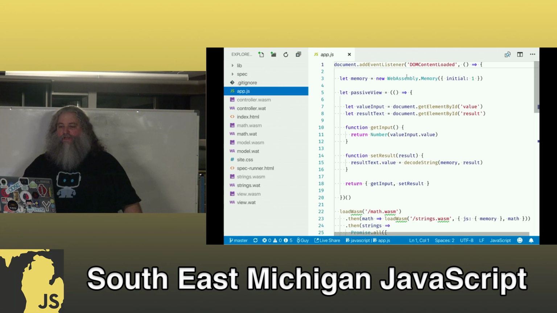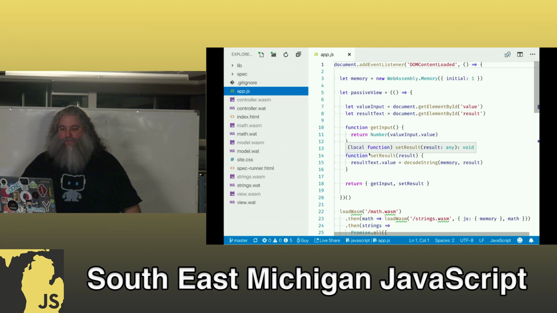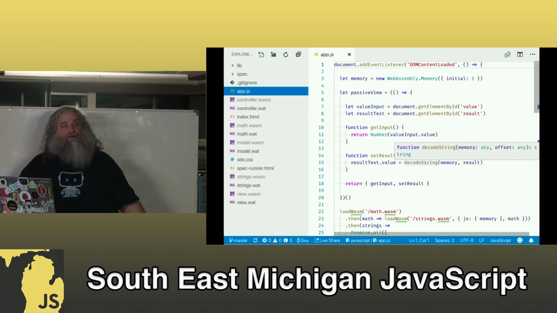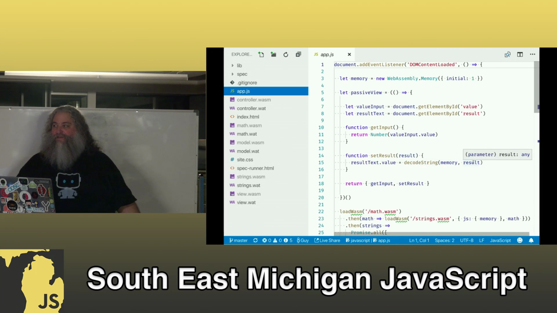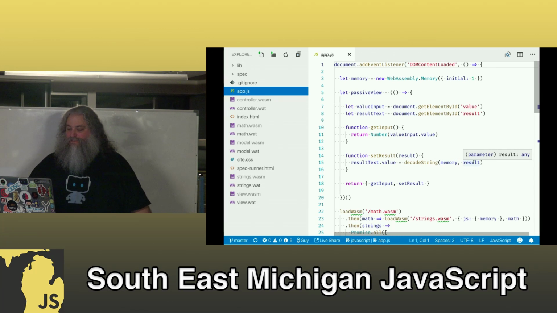And so upon loading the DOM, I create a WebAssembly memory object with a page size of 1, because I don't have a lot that I need to be there. I create a passive view, which is just a thing that interacts with the DOM. So if you call getInput, it returns that as a number. If you call setResult, it calls this decodeString function, passes in the memory object, and the result that was passed. And this is important because of what decodeString does, if we look down here,